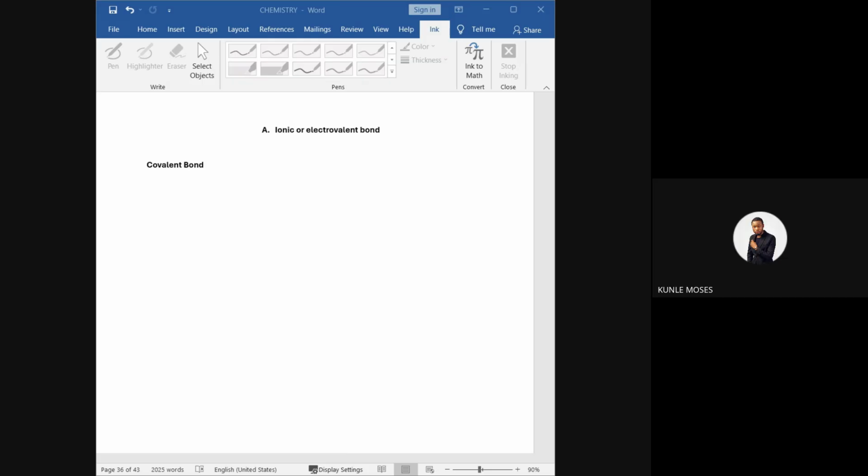Oh, is this the last one that you explained? This coordinate, the dative bond, Abby. Yes. I need to write. Let me see if the writing will work. It is not working yet. You can see the top corner. Everything is ash. They are not pressing. I don't know what's going on.